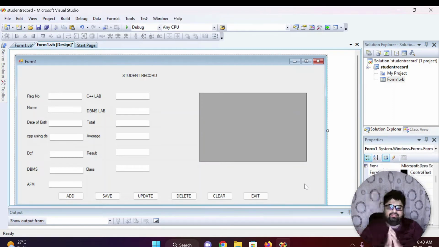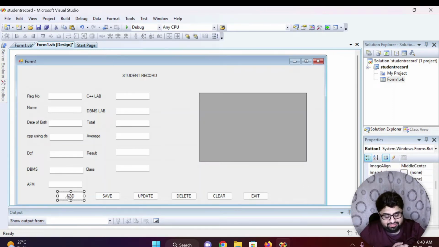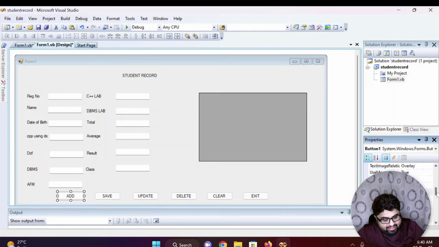Okay, a very important thing to be noted here is, we have changed the physical name of it, right? But again, the functional name we have to change. So where do we change the functional name basically? So just click on the button, and go to the name property, right? This is the functional place where we will be writing the code. So we can see still the name is button 1. So we will just change the button to